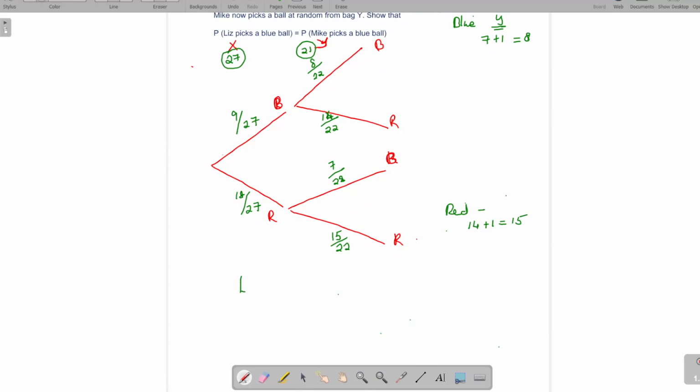That would be 9/27, which is 1/3. Mike picking a blue ball would be